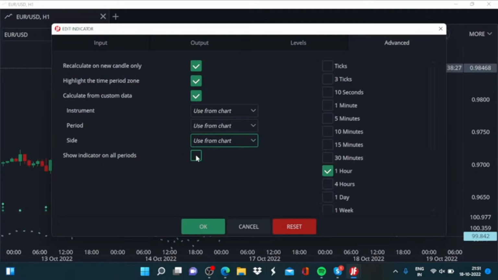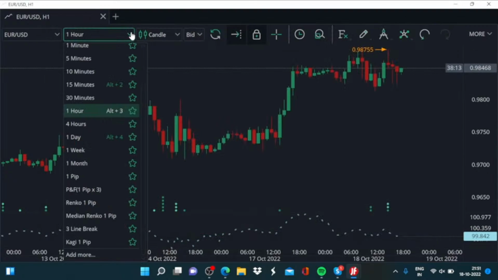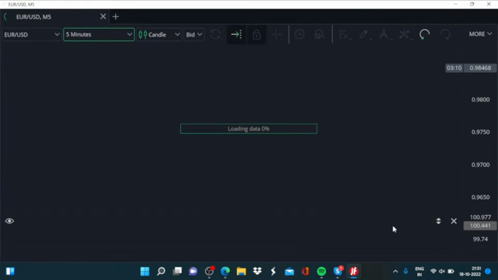And if you want this indicator to be available on all the candle periods, then you can do that. Else, you have to specify on which time frames it should be available, and only on those time frames it will be available. Suppose if you opt for hourly and 5 minutes, in that scenario, only on those two time frames we will have the plotting done. Else, if you go for another time frame,